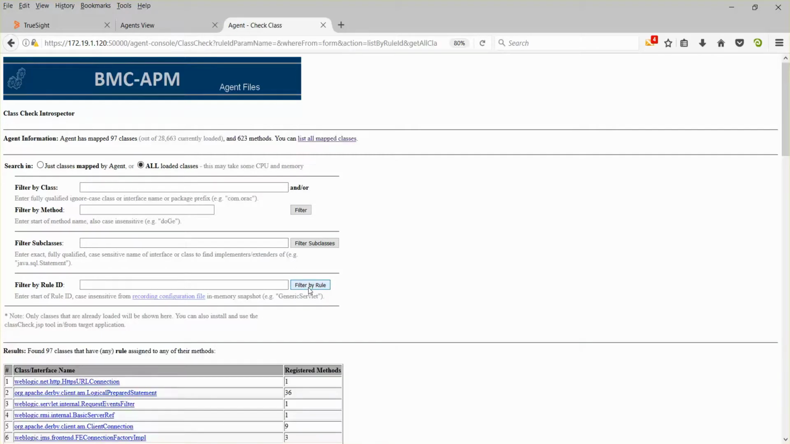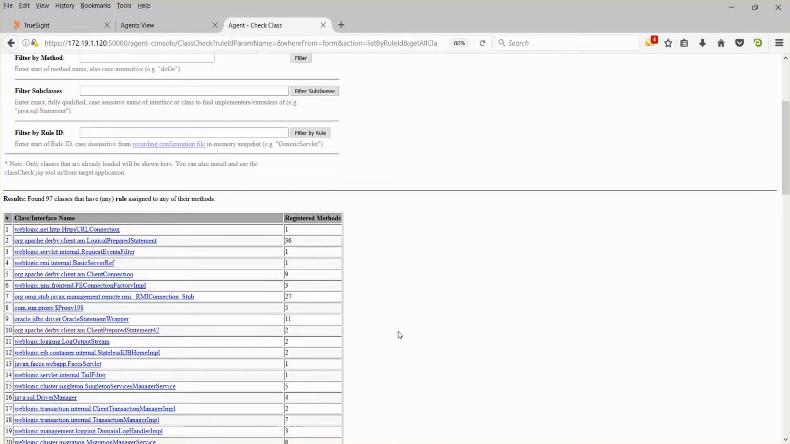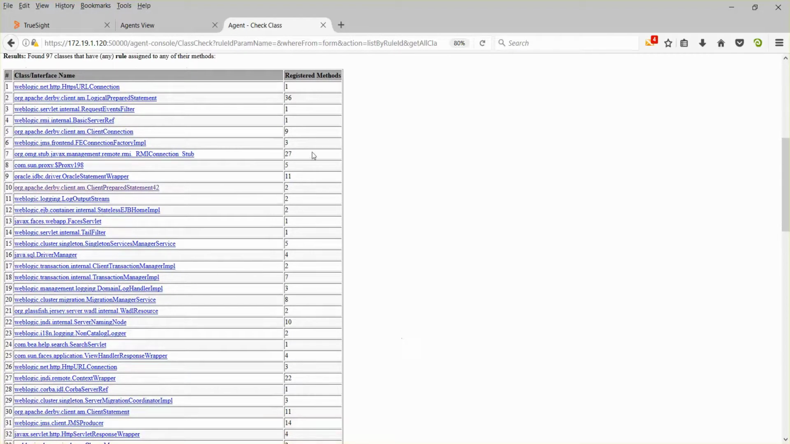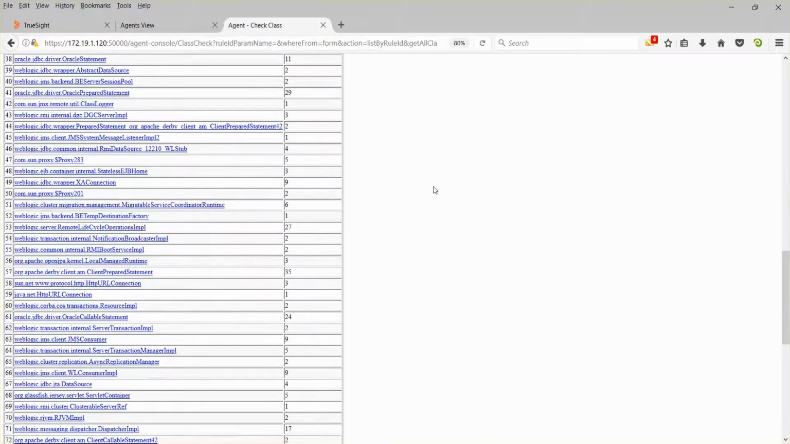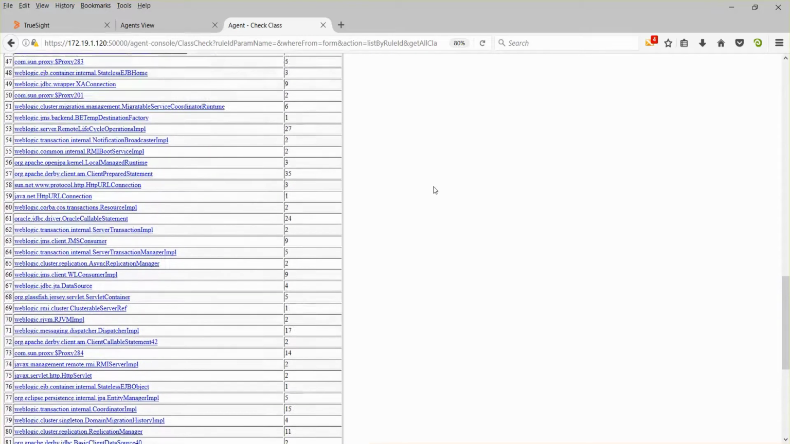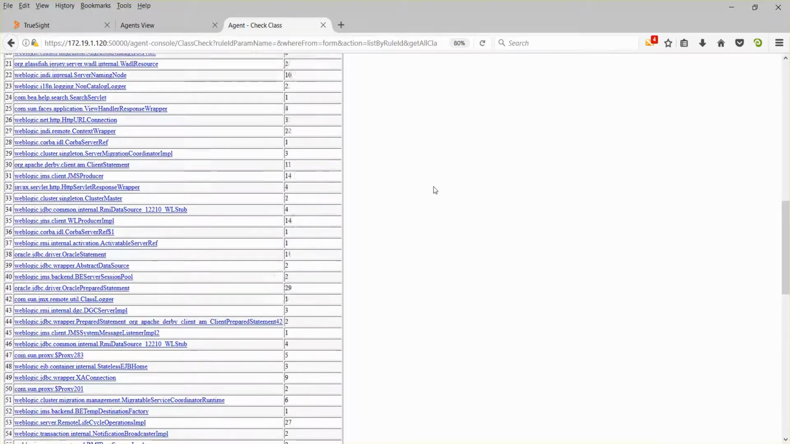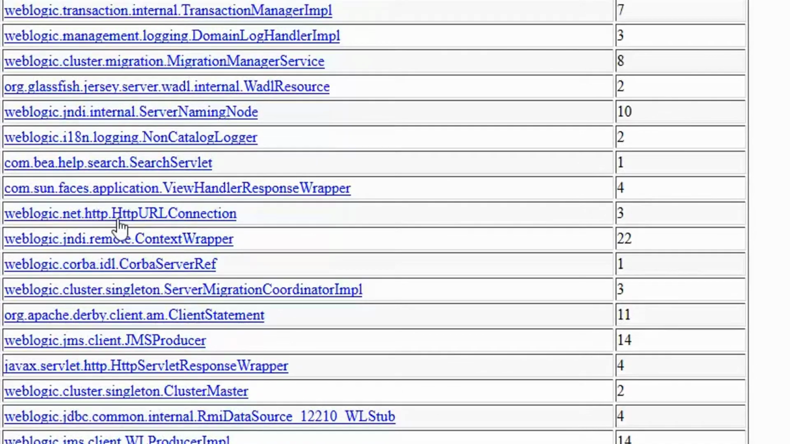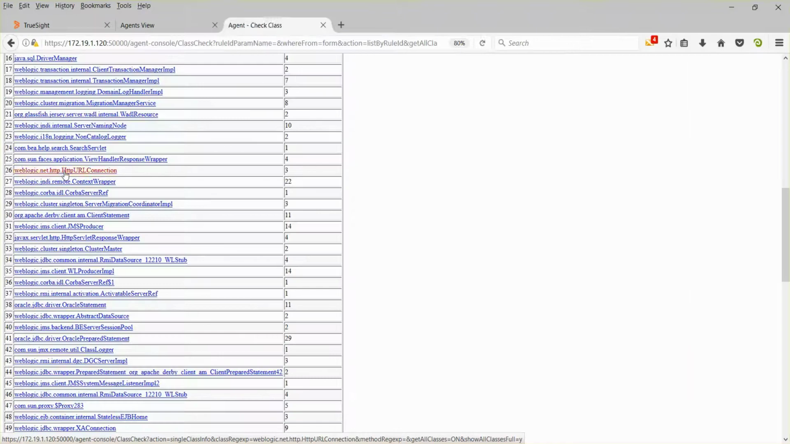With this list, I can go down and see what methods and what classes are being instrumented. This allows me to see if there's any custom classes that are being missed, or if I need to go down and expose deeper methods with the recording rules. As you can see, there's a long list of things that are being collected out of the box with the default configurations. For the sake of the rest of this exercise, we're going to focus on this WebLogic Net HTTP